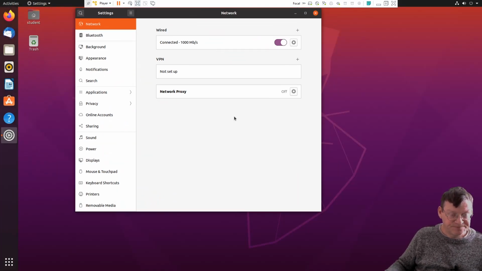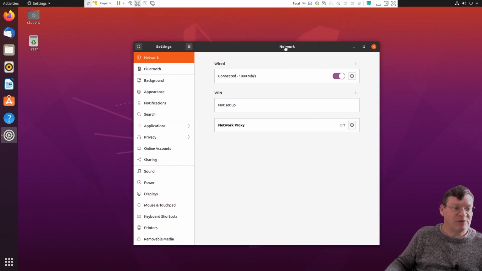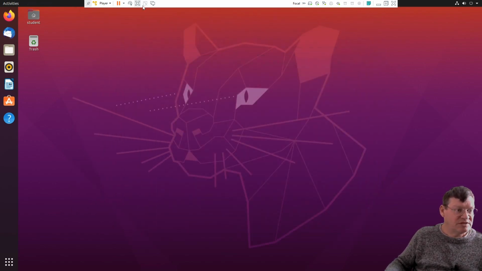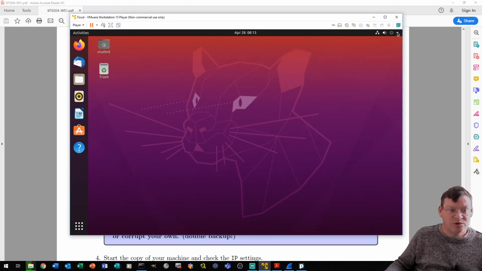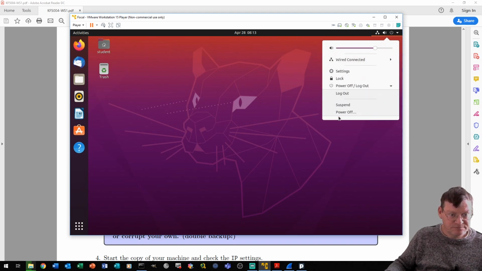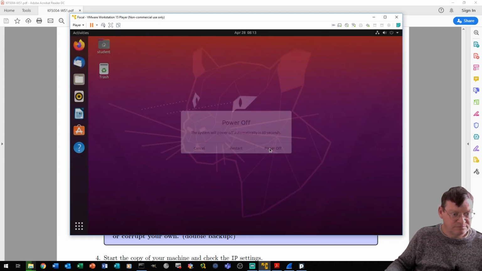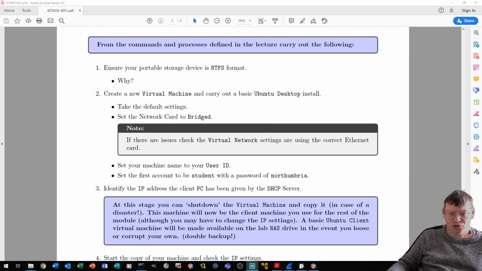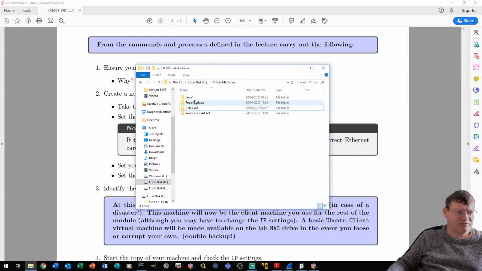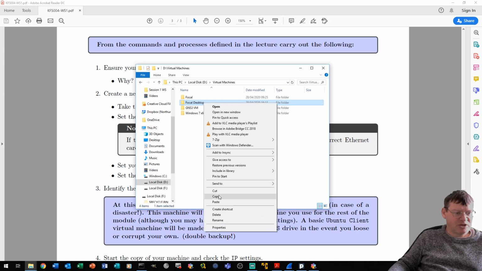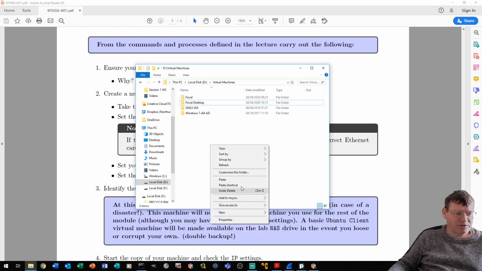Very, very useful. So, let's get this machine backed up. We've got everything working the way we want it. Let's bring it back down to a window. We'll shut the machine down and let's have a look at how we back it up. Okay, now that the machine is shut down, what we can do is look at backing it up. So if we go to the folder where we actually stored that image in the first place, which is here in D drive virtual machines Focal desktop, because it's fully shut down, all I need to do now is simply copy that folder. So if I copy that folder, copy paste,